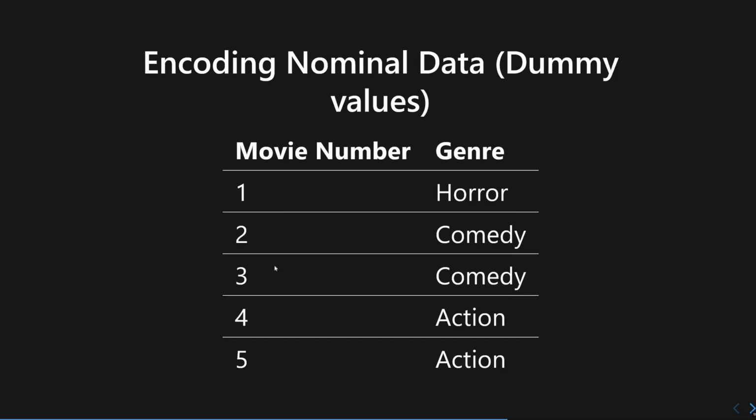Okay, what about nominal data? What if your data doesn't have any inherent ordering? This is another small data set with one variable, and this variable represents the genre of a specific movie. It can be, let's say, horror, comedy, action, drama, thriller, etc. So this is qualitative data, but at the same time it's nominal. There's no inherent ordering. You can't think of a way to order horror, comedy, action in some way.